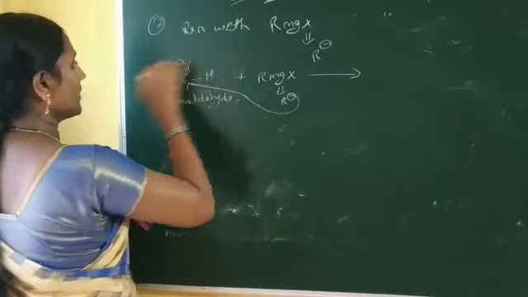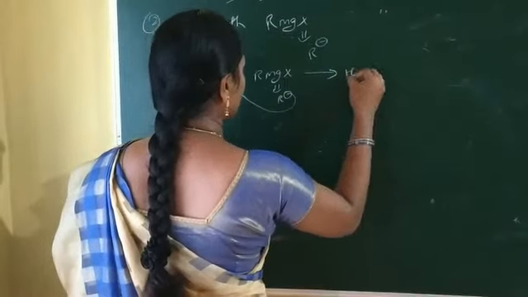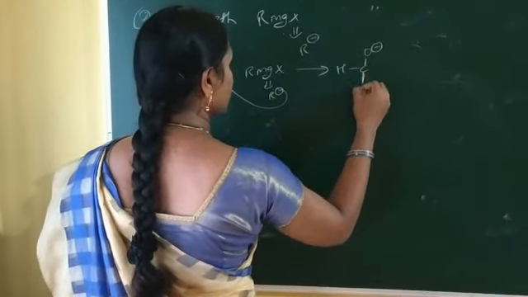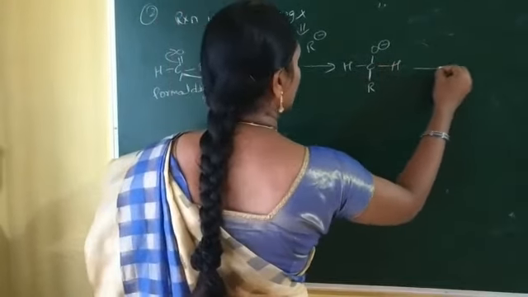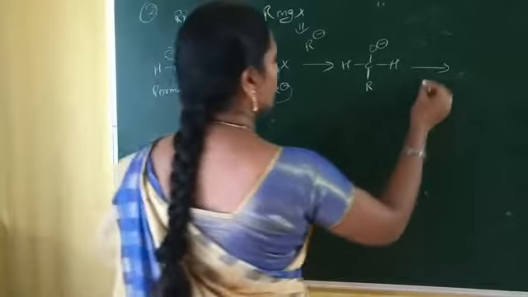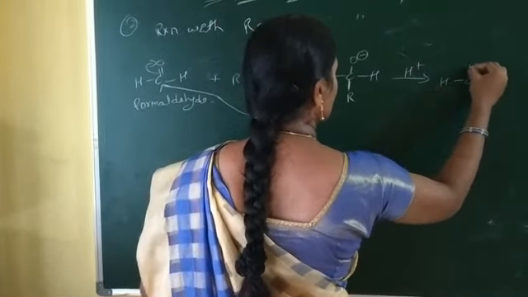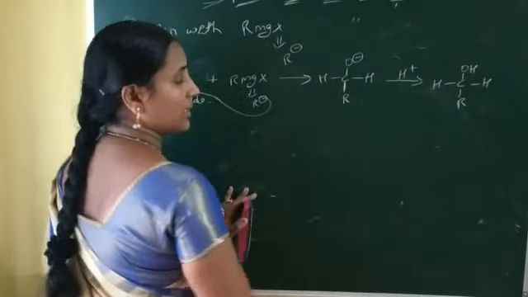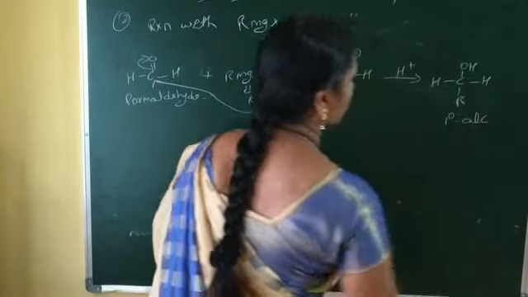Immediately the double bond shifts to the oxygen side to form an oxyanion, H2C-O minus, and a new C-C bond is formed at C, with R and again H. This oxyanion is treated with electrophile H plus to form H2C-OH with R. Now alcohol is formed. Now this alcohol is a primary alcohol.